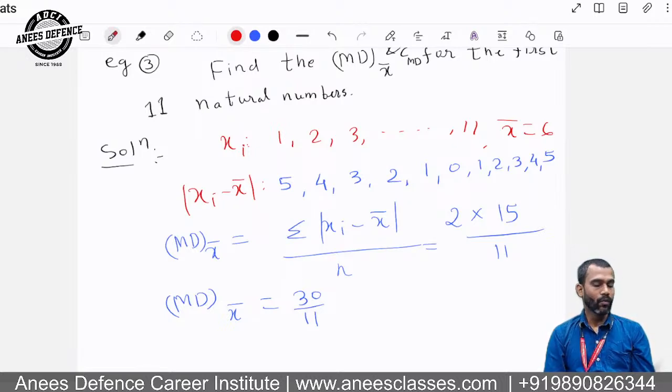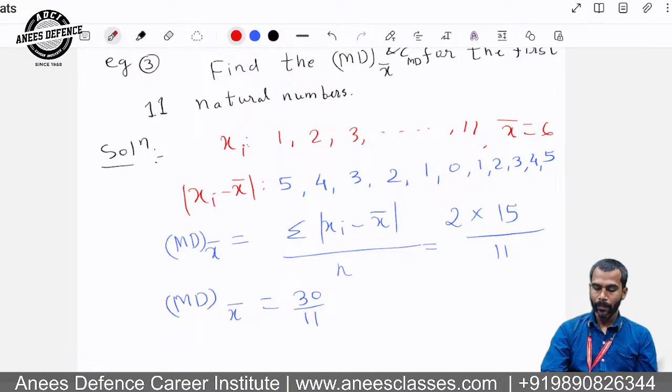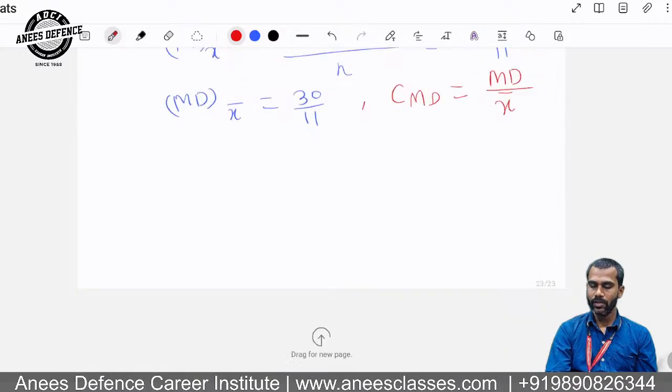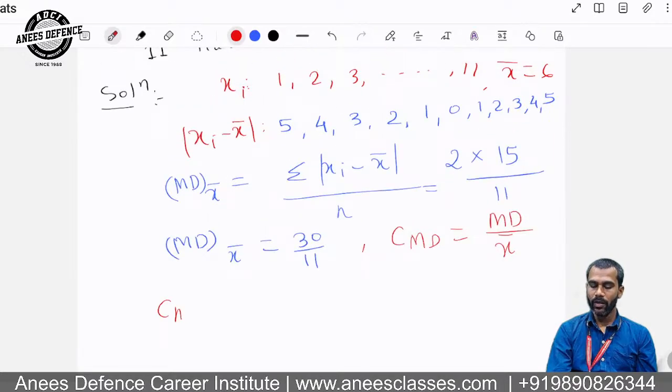Is there any doubt? Now what is coefficient of mean deviation? What is the formula? Mean deviation upon x bar. Very easy. So coefficient of mean deviation is equal to 30 by 11 upon 6. That is 30 by 66. That is 15 by